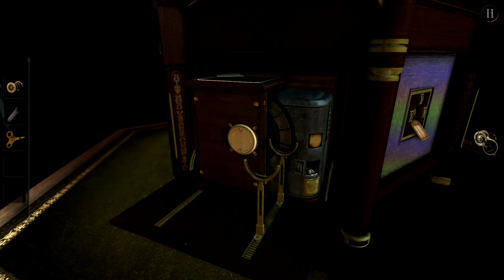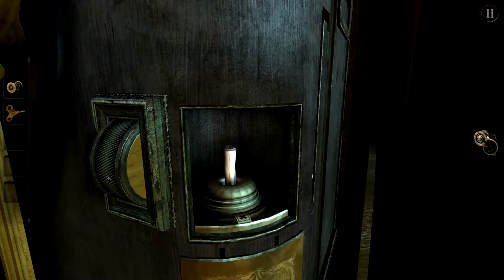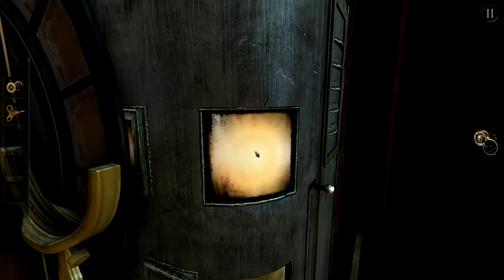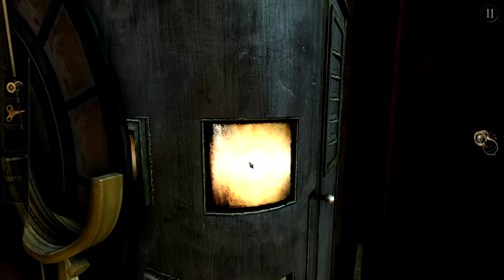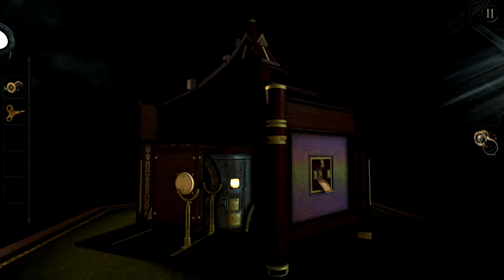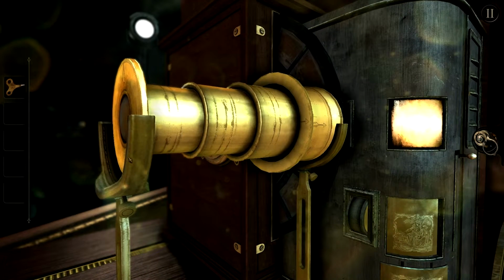Now what we want to do is double click on this compartment, insert the short piece of cotton we found earlier, and then spin this little wheel right here to cause it to spark. Pull the lever up like so, just to light up this part right here. Then you want to back out, let's zoom in and then place the telescope in this little compartment right here. And now that you've done that, we can...